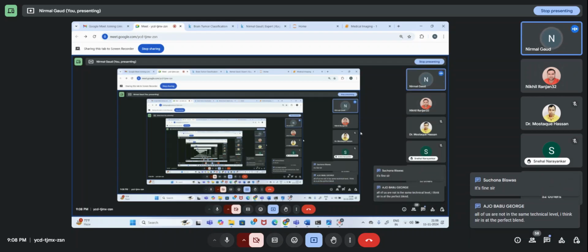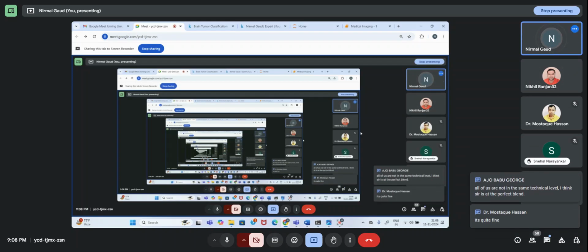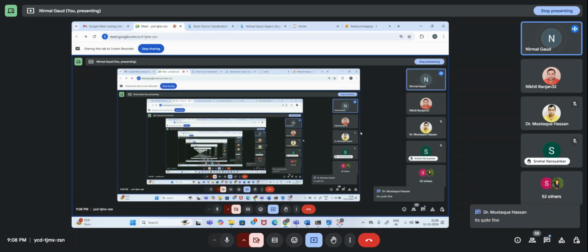Sir, in the first session I need to talk about the basics, the elementary part, and then I will switch to the project. In the project also, I will be explaining the code. But when I pick up an architecture, for example VGG16, I need to explain that architecture, how it is built, how it is performing, what layers are introduced, what math is applied inside the architecture. It's not only the coding.